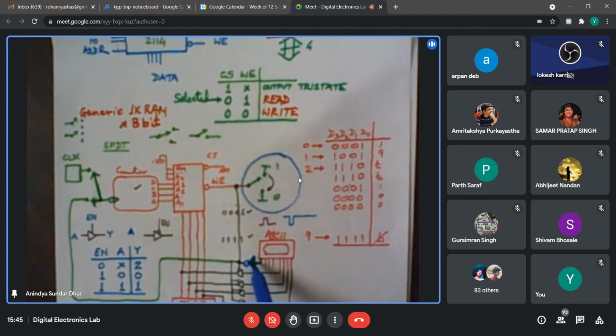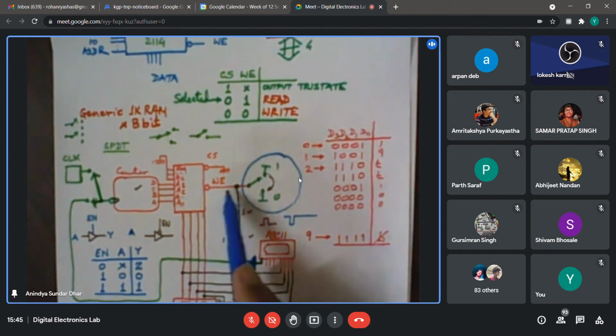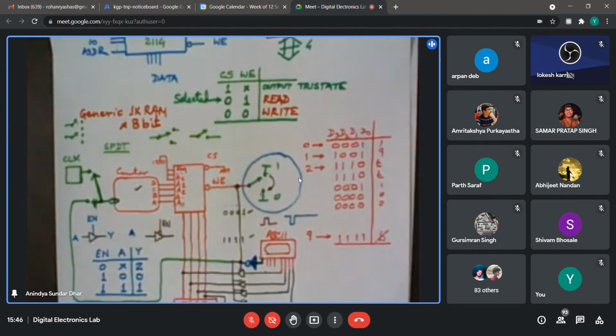That is the purpose of the inverter: the ASCII keypad generates a positive going strobe, I convert it into a negative one because write enable is active low, and I also use a buffer in synchrony with this, which is also enabled when it is low. I don't know whether your question has been answered.